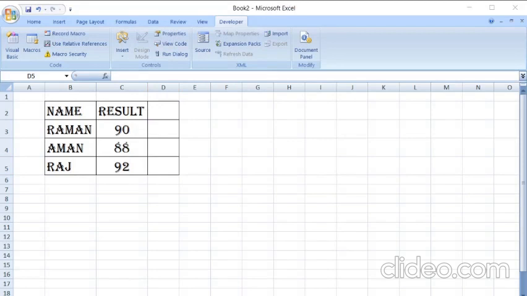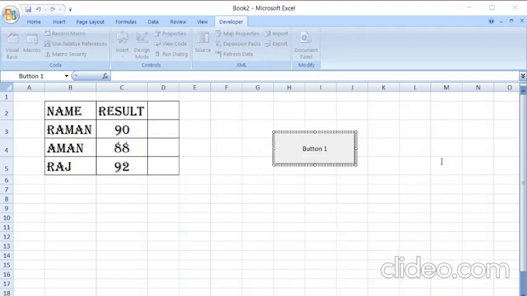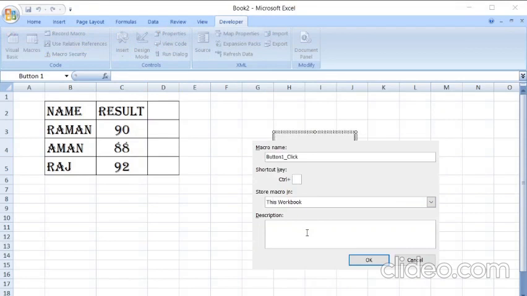Now Developer is added. Now you need to create a button. Go to Developer, go to Insert, draw a button. I have chosen a command button. Button 1, click Record. Any shortcut key, whichever you want. I have given K, it's okay.